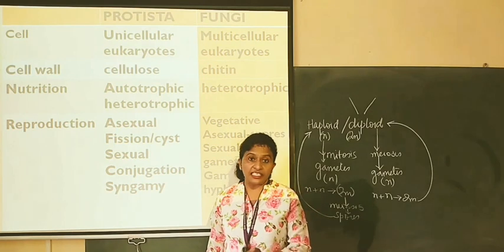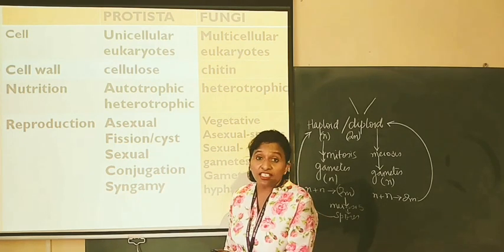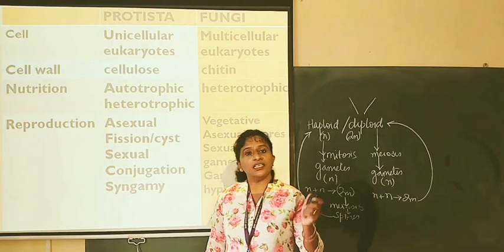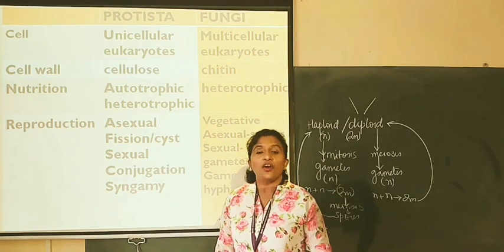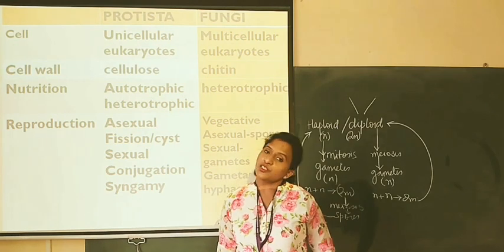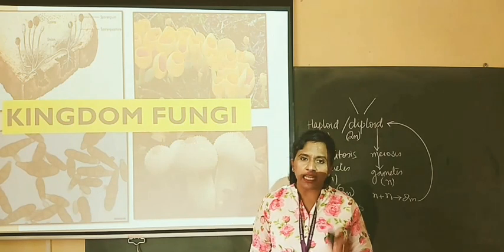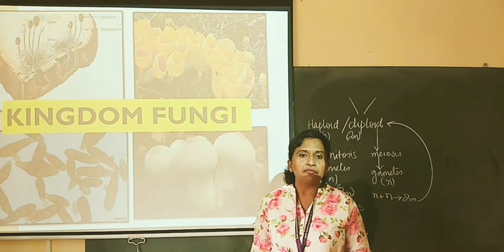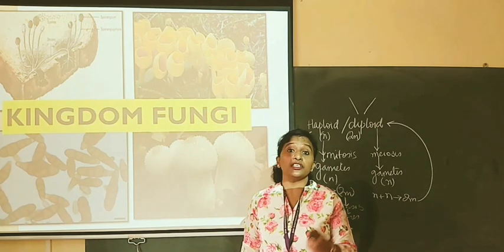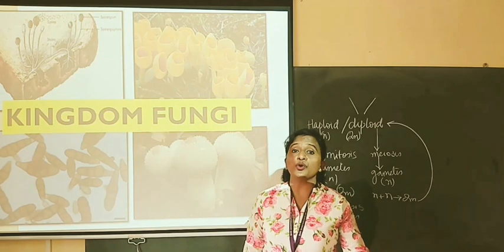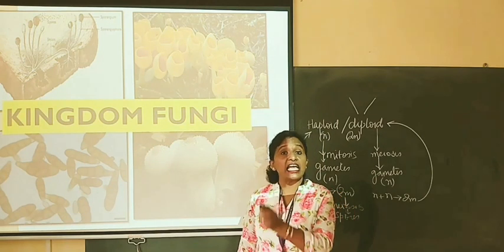After fertilization, that zygote will undergo meiotic division to release sexual spores, and those sexual spores will give rise to a new organism, that is the fungal species. So this was regarding the 4 classes of kingdom fungi. We have also seen the difference between the 4 classes and also between the 2 kingdoms. And since we already know about kingdom Monera, we can differentiate between kingdom Monera, kingdom Protista and kingdom